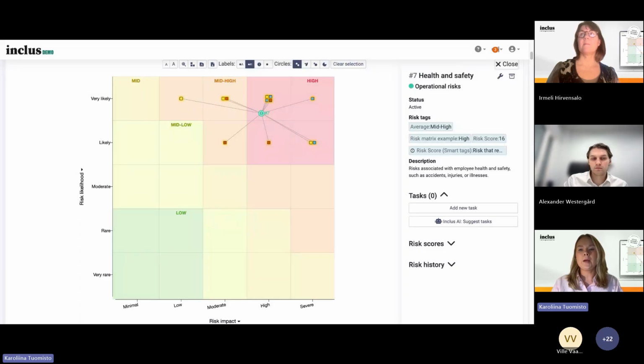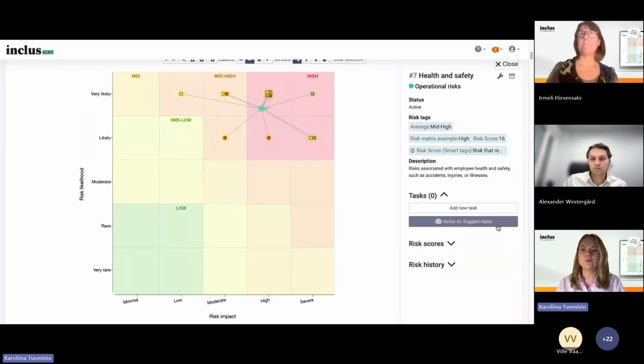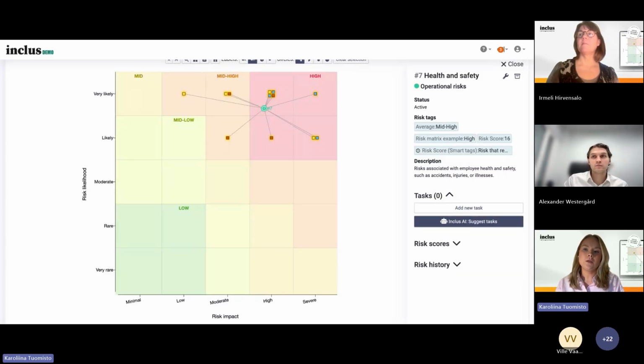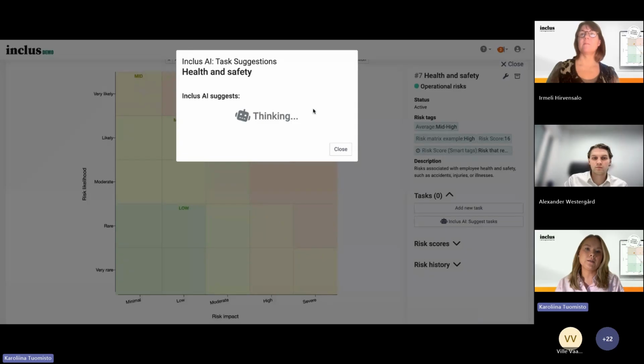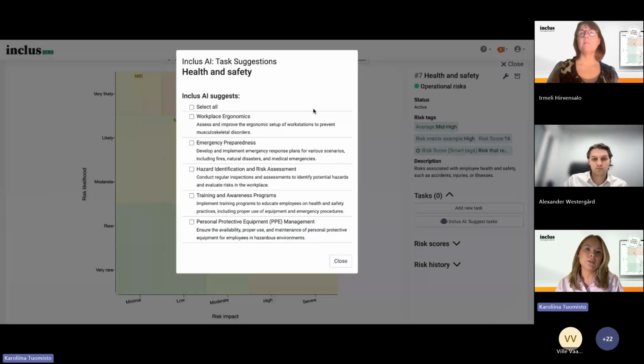you will have the same sidebar as before, and here is the task section where you can use the AI feature to suggest some tasks for this particular risk. So I will just click this, and now it will generate you some suggestions of the suitable tasks and controls that you could possibly use in this case.